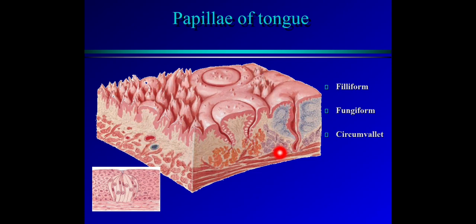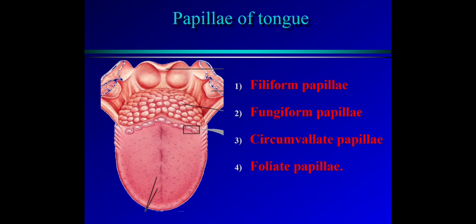So this is the schematic, three-dimensional diagram showing the papillae of the tongue, and along with that, a small part of the lymphoid posterior one third part of the tongue is also seen here. This is the circumvallate papillae, these are the filiform papillae, and these are the fungiform papillae. We'll see the sites of these filiform, fungiform, and the other papillae.